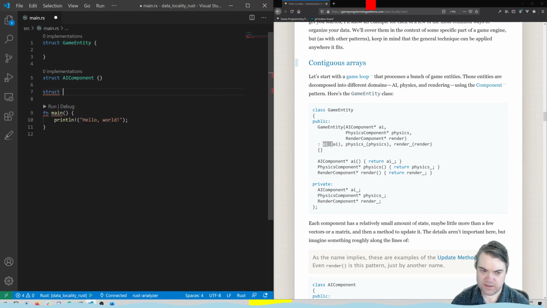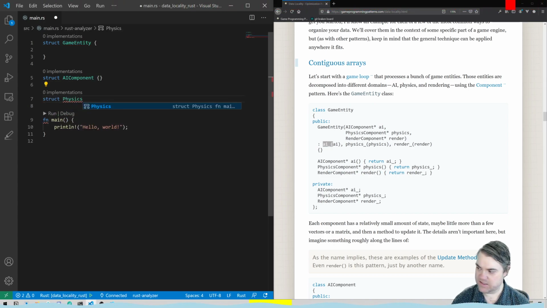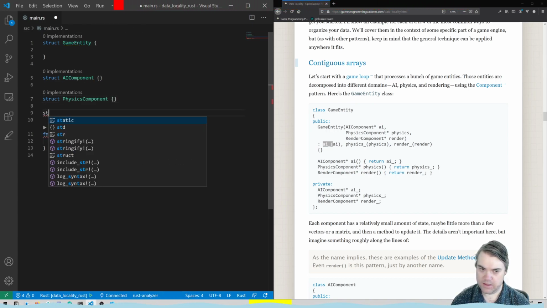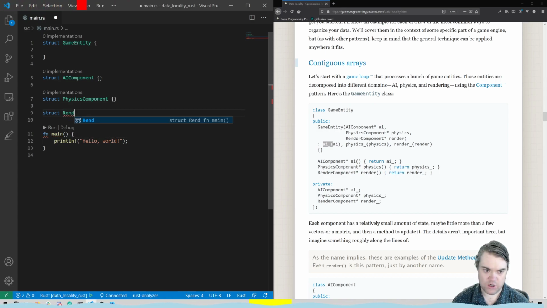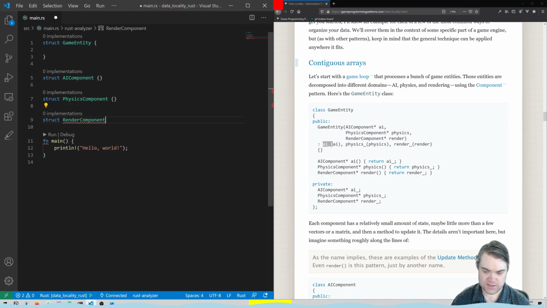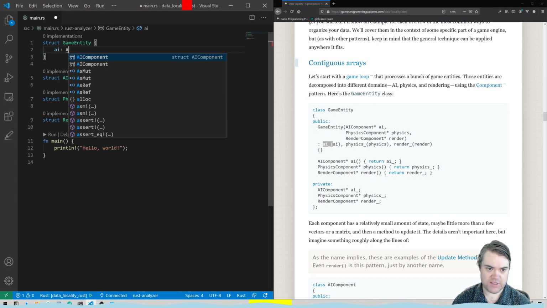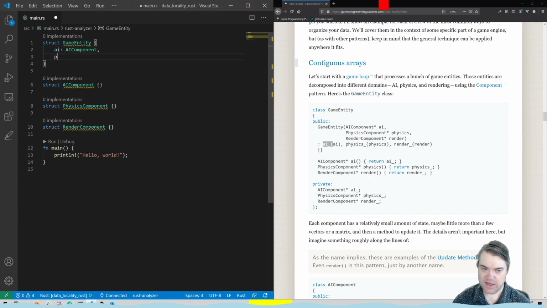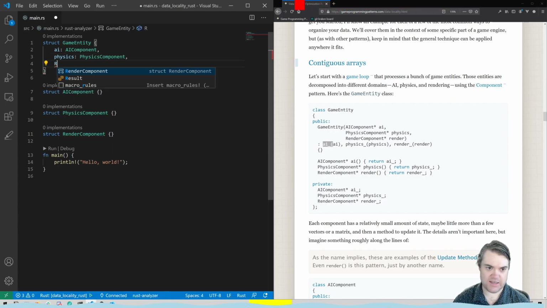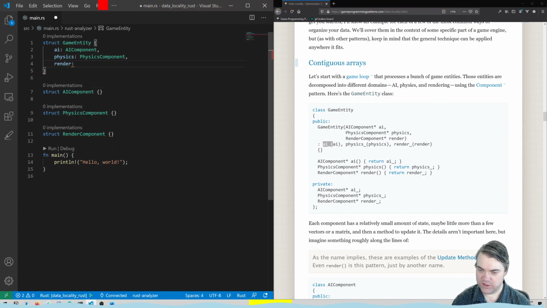So struct PhysicsComponent, struct RenderComponent. And then we're going to store instances of these in here. So we're going to have the AI, which is AIComponent, physics, which is PhysicsComponent, and render, which is